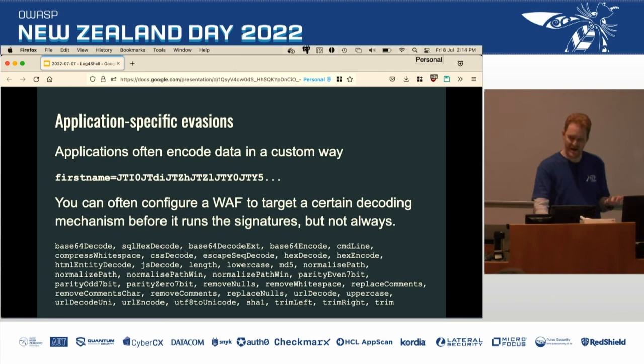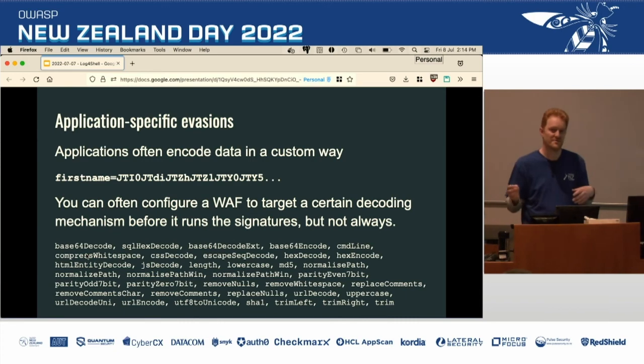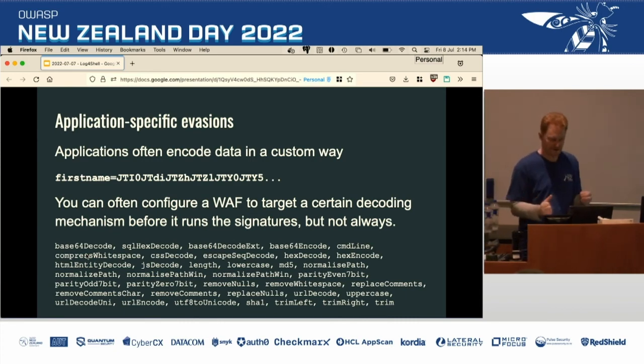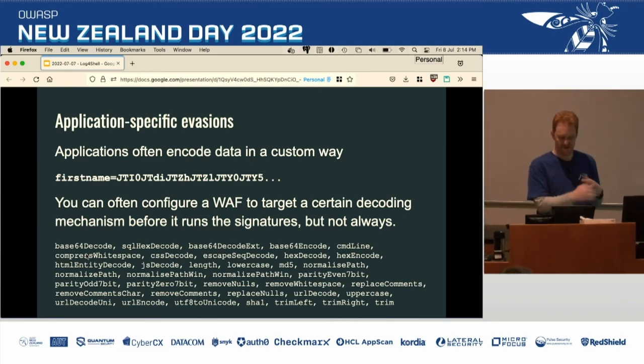But it doesn't stop application-specific issues. So say your application encodes data, like it uses base 64 encoding. Your WAF's not going to automatically know that it needs to decode that. There is a tool in ModSecurity where you could do that, but you'd need to know which fields of your apps use base 64 encoding, or SQL hex encoding, or CSS, or whatever the encoding is that your app is